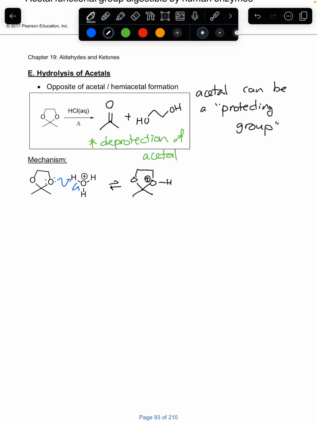Once that gets protonated, of course, it becomes a good leaving group. If it just left, it would create a carbocation, but the would-be carbocation carbon is also connected to another heteroatom with lone pairs. Because of that, the lone pairs could push that leaving group off, so to speak, to create this